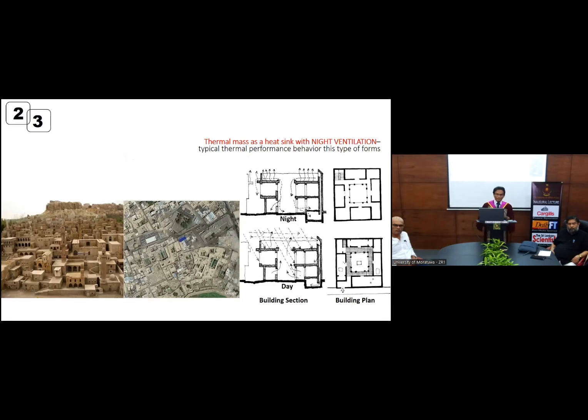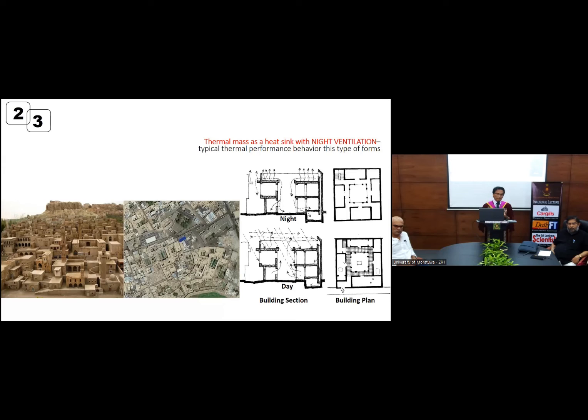So now I talk about thermal mass and night ventilation. Now, there is historic evidence found in hot dry climates. These are courtyard buildings built with mud and earth walls, compact because each house is attached to other houses, so it reduces heat transfer from outside. And these buildings have courtyards, very tiny, small, narrow courtyards. At night, the flat roof collects cold air because these climates are very cold at night.